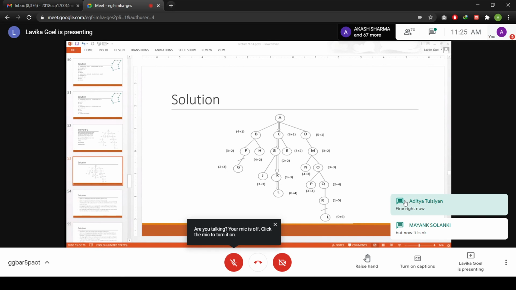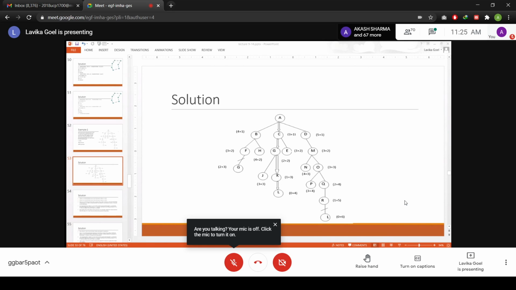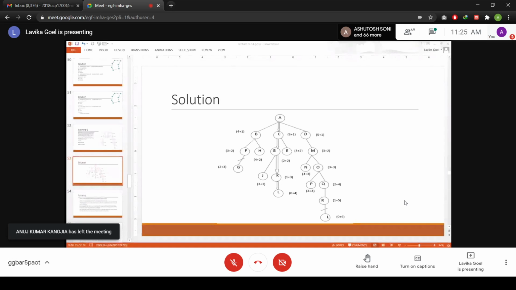Okay, fine. So what I'm saying is you have to reset the parent of L from R to K, because if you compare the G values of L, the G value of L via ACGKL is 4, and via the rightmost branch it is 6. So you have to reset this link also. Fine. So that is why I have broken this link. So if you see that slanting line, that means that this link is broken now. Okay. So you break this link and you make that path as the new path through ACGKL.